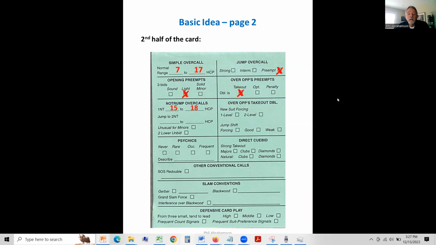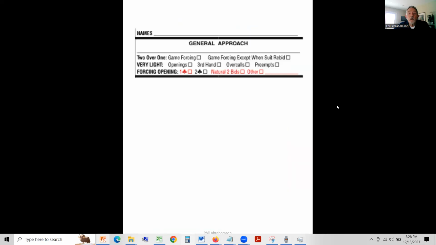We'll talk about that sometime in one of the regular talks. You expand the 17 to 18 because once the opponent's bid, it's harder to describe your hand. So a little less precision is actually helpful. The rest of the card is archaic and confusing. So let's move on to the current card, and I'm just going to step through it a piece at a